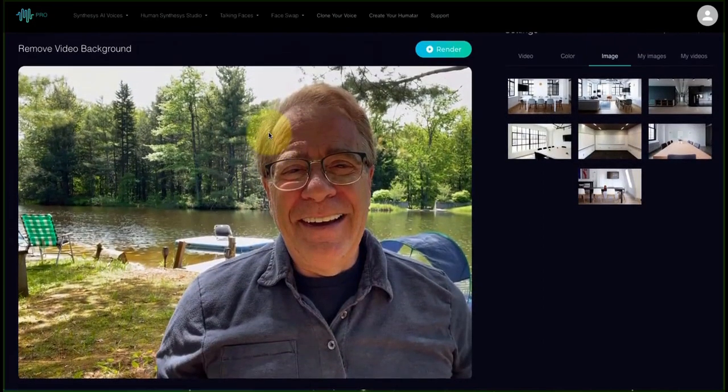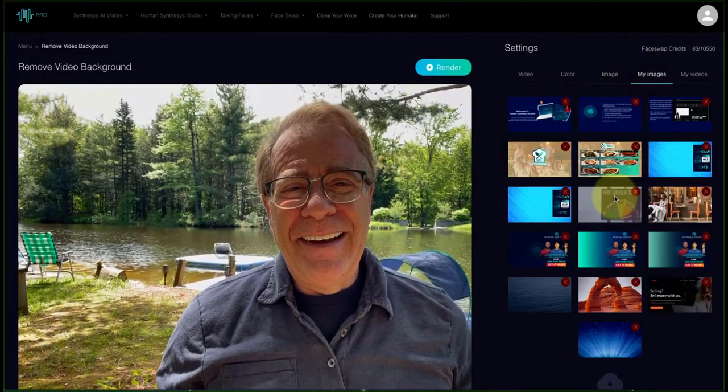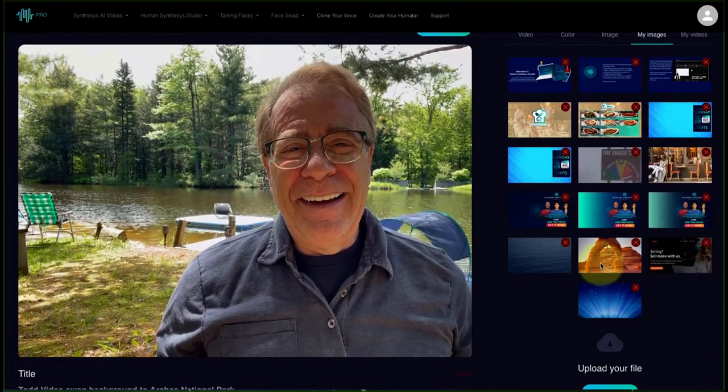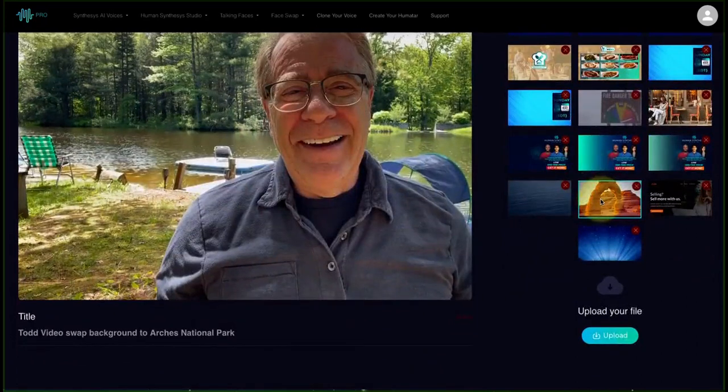Now, how do I do that? Well, I have to go into my images and find the arch. So here's the arch that I uploaded. I actually had uploaded the arch. It's located here on the right. Do you see it right there? So I actually uploaded that already. The way I did that was I just clicked upload file. You see the button upload file right there? Okay, so it's pre-uploaded, and there's Delicate Arch. So I'm now selecting that. All right, so now that it's highlighted,